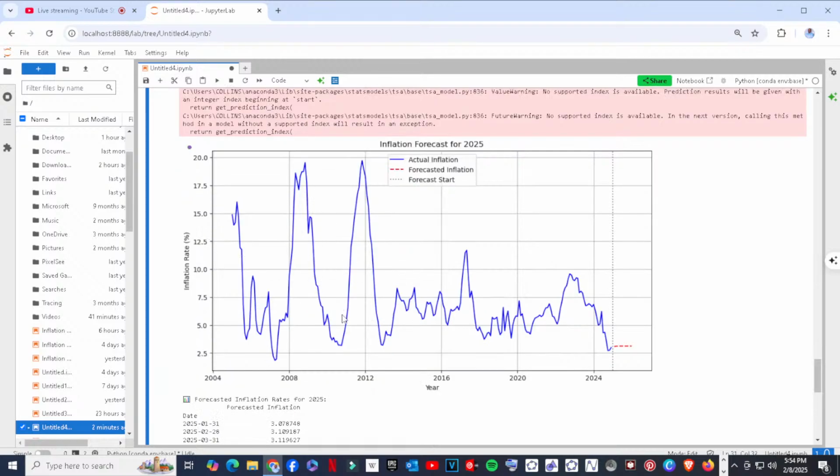But then we see our prediction, since this is a prediction which is based on the volatility that we have described, we are seeing that the forecasted inflation is expected to stabilize. And this is so because we are basing it on the data that we have had from 2005 and the behavior.